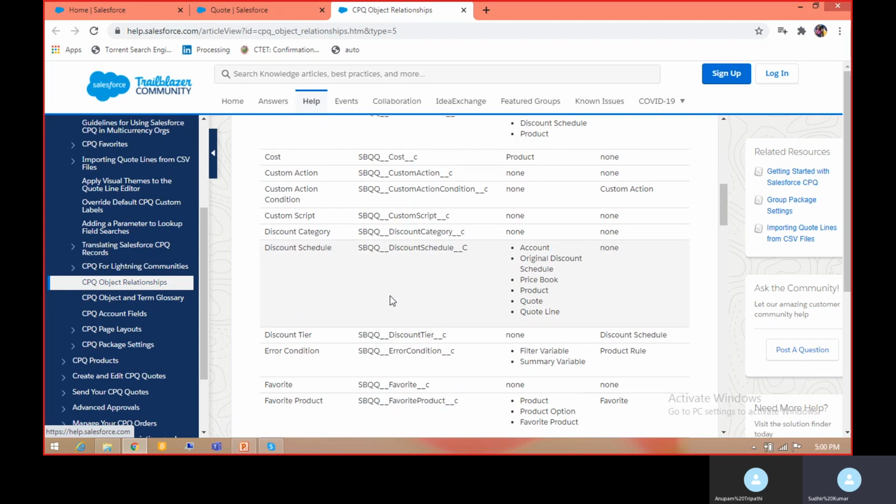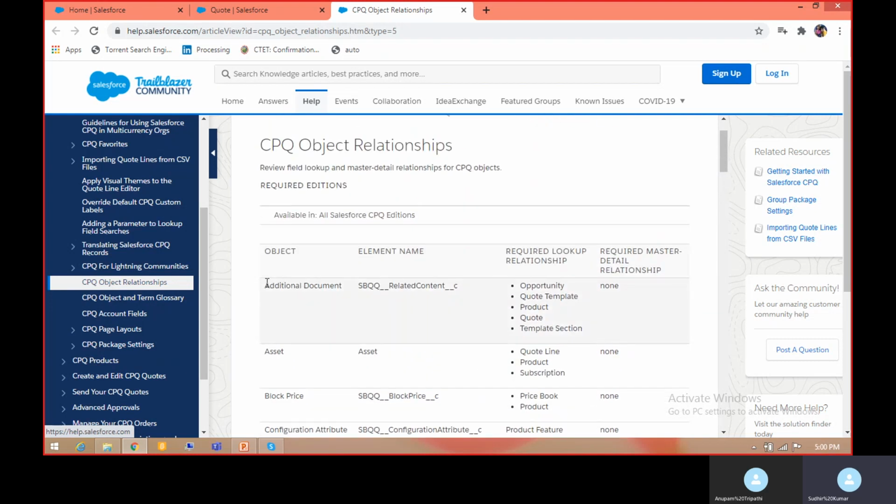If you see over here, this is the object name, the field name, that is the API name, and the required lookup relationship. Additional document has a lookup relationship from opportunity, quote template, product, quote, and template sections. All these are objects.